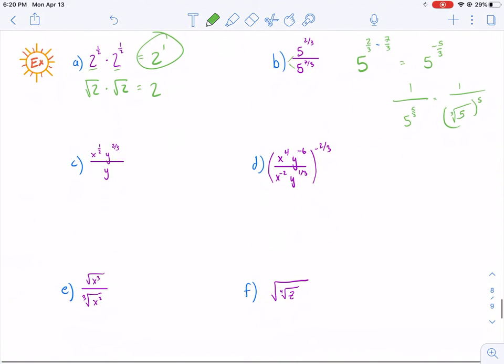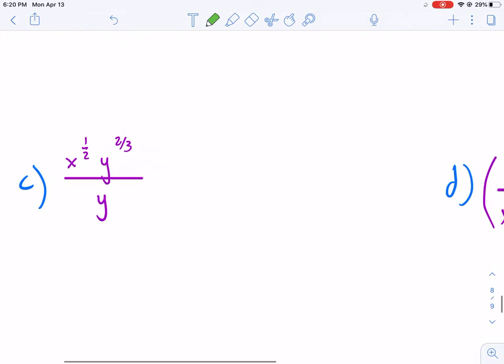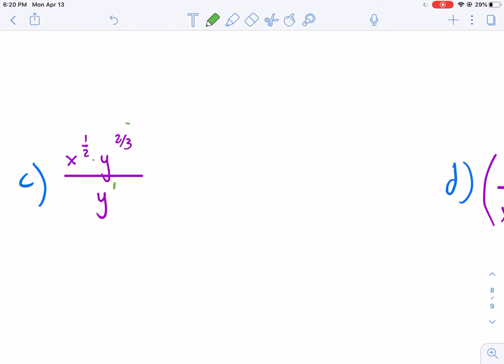Next up we have everything in terms of variables. Nothing too bad there. Now we have a y. Keep in mind that anytime you have variables in the top and nothing appearing in the bottom for exponents, we can have an imaginary 1 there. So what does that mean? Well, that means I need to subtract my exponents with the like bases. Because this is multiplication in the top, I can go ahead and do that